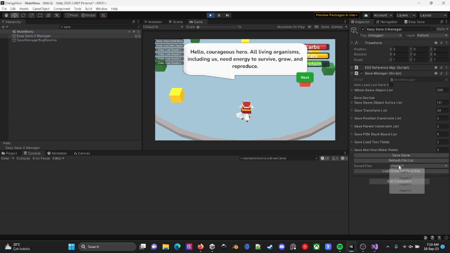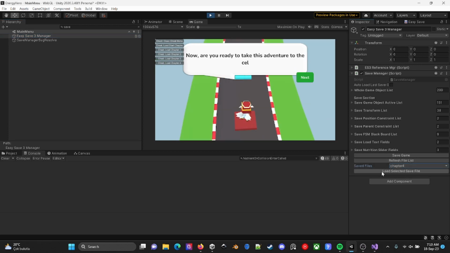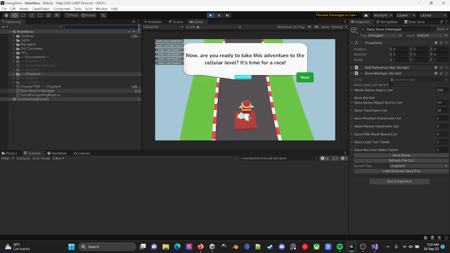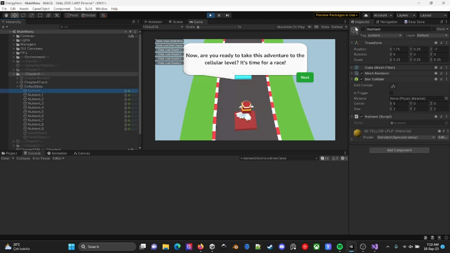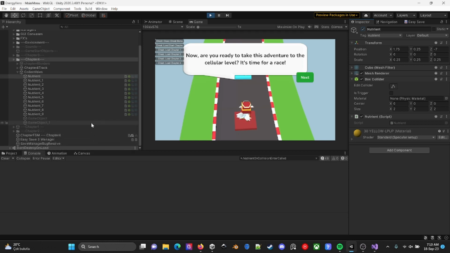Save manager, refresh file list, go to chapter 4. Yes, this is my current save file with the collectibles disabled. Let's just enable collectibles, which are my nutrients currently.